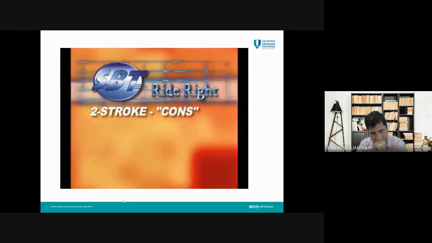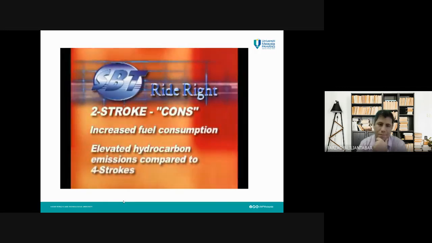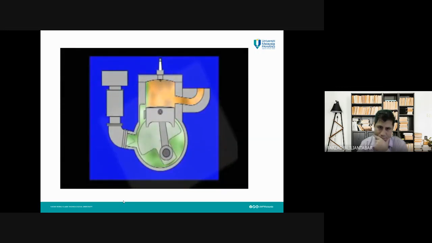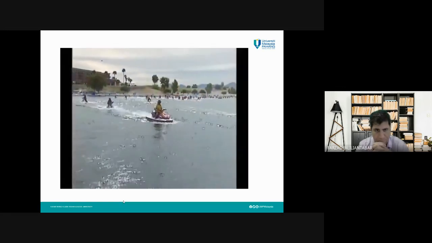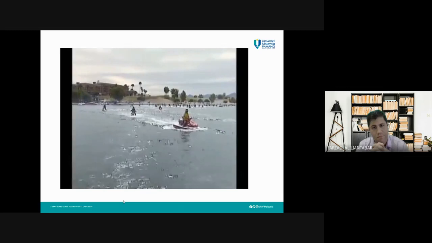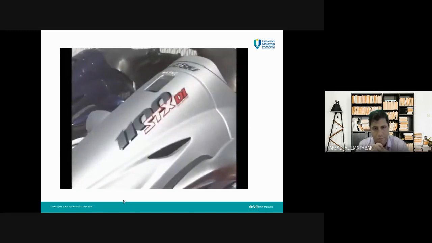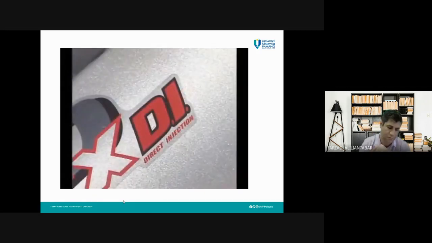The biggest disadvantages are increased fuel consumption and elevated hydrocarbon emissions from its exhaust compared to a four-stroke. Because a two-stroke has the intake and exhaust open at the same time, some of the fresh air fuel charge passes through the cylinder and out the exhaust port without ever being burned. Because of this and other factors, two-stroke engines have higher unburned hydrocarbon output in their exhaust than comparable four-strokes. There are significant exceptions to this, particularly with engines that use direct injection technology or